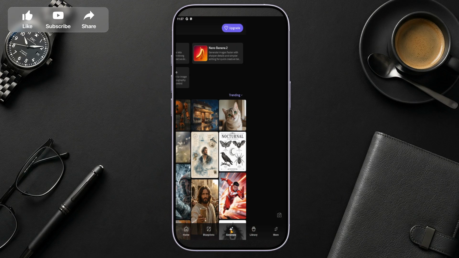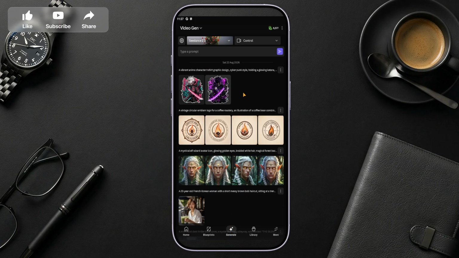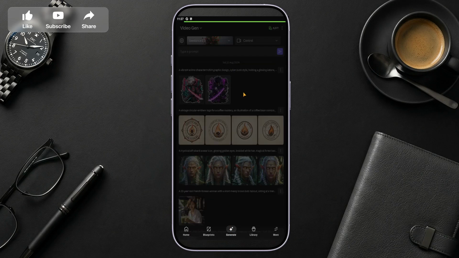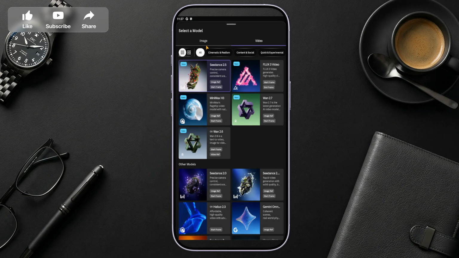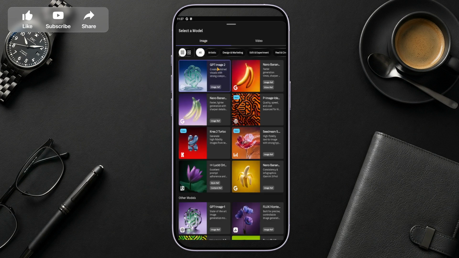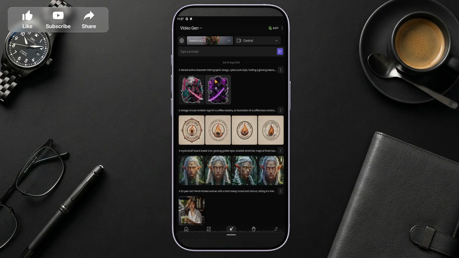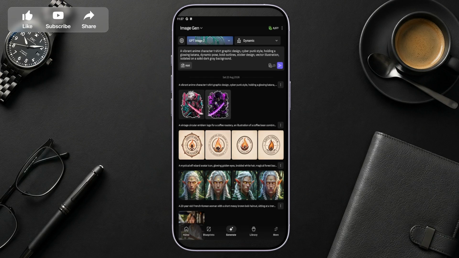This is the section where you create new images, and it's the main workspace you'll be using for the entire process. After that, tap on the Model option, then select Image, and choose the model you want to use for your generation. Different models can produce different styles or results, so if you're aiming for a particular look, this is an important step. Take a moment to make sure you've picked the one that matches the type of image you